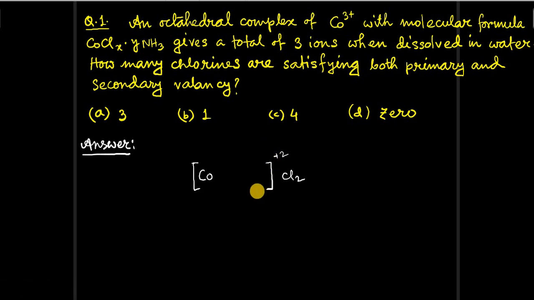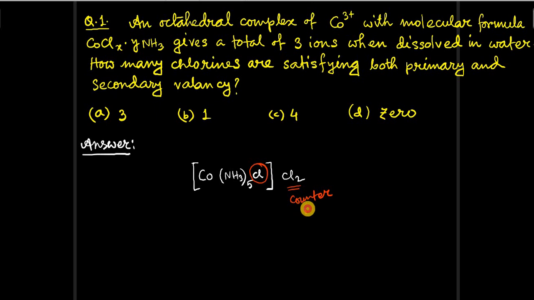But cobalt is +3, so we need 1 chloride ion, that means Co and 1 Cl will be there, so that the complex ion becomes +2 and from the counter ion 2 chloride -2, so the complex becomes as a whole neutral. So 5 ligands remaining, so the remaining 5 ligands are NH3 whole 5. So this will be the formula of the complex, Co(NH3)5Cl, and outside you will have Cl2. Now for this complex, the ligand chlorine is this one and these two are counter ions.